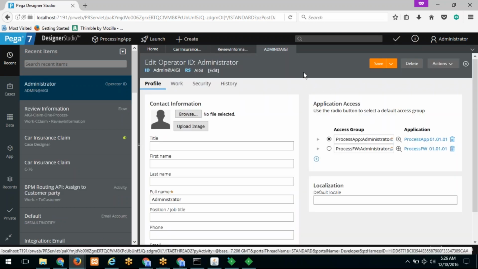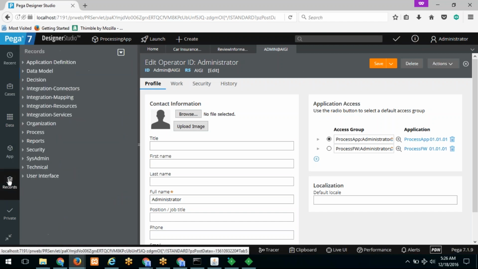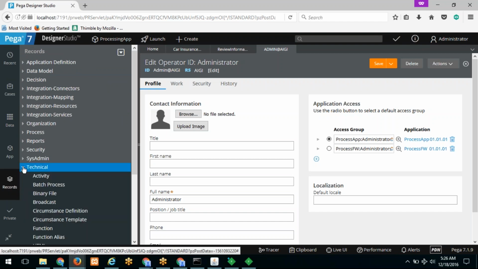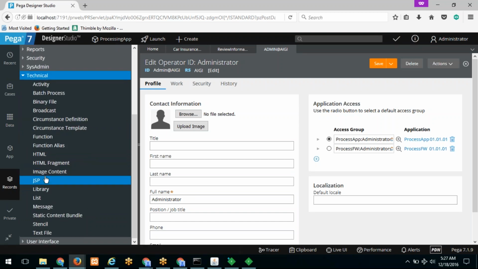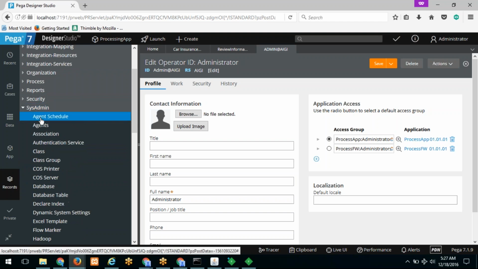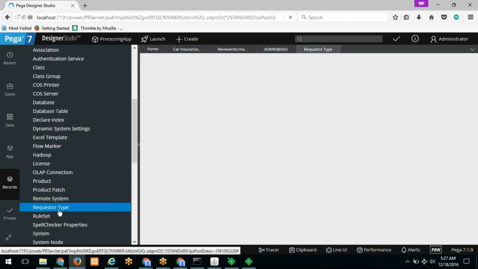Every time a person logs in, a couple of things you need to keep in mind. First, let's look: what type of requester are you is what will be checked first. If you go to this technical, open this one here, there is something called a requester type. That is the first authentication that actually happens. So the moment